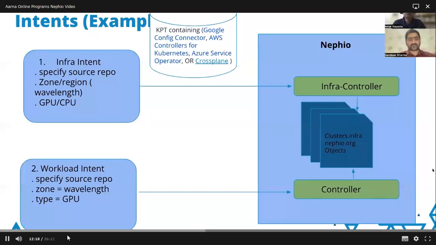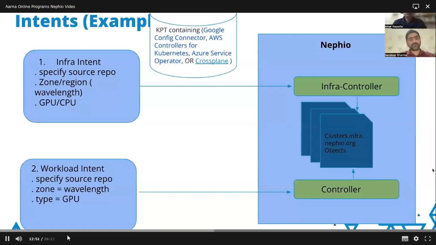So this slide shows the concept of intents at a very high level. In this demonstration, what we want to show is that the user is specifying two high-level intents. The first one is going to be the infrastructure intent, followed by another intent that is going to be the workload intent. In the infra intent, all the user needs to specify is the properties of the infra that he wants to create.